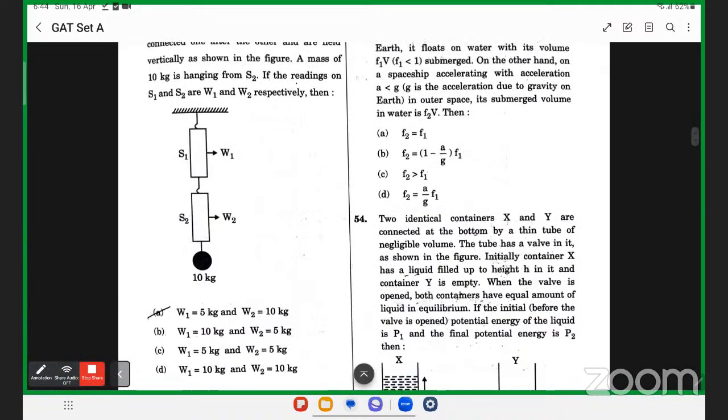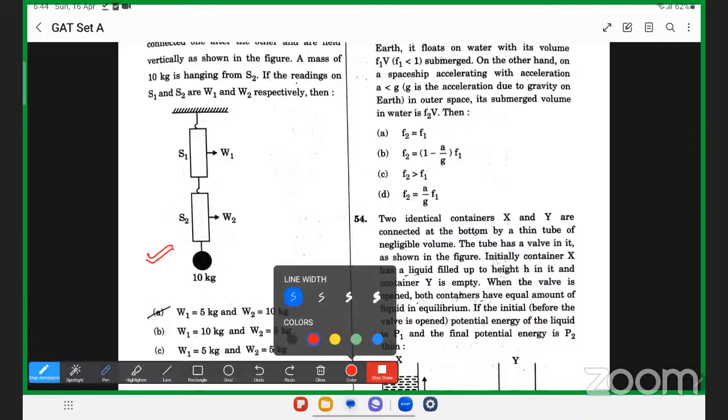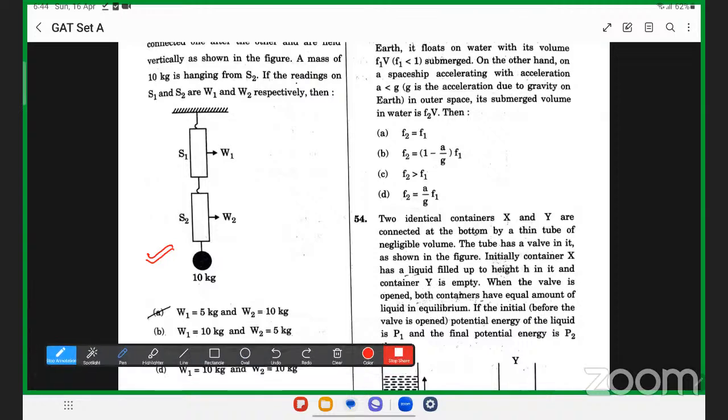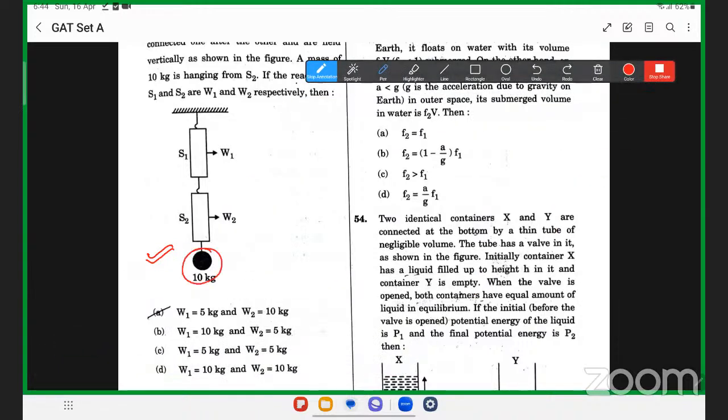और इसका एक्सप्लेनेशन है कि ये जो 10 kg मास है इसके लिए यहाँ डाउनवर्ड वेट आएगा 10 kg, और उसी के अकॉर्डिंग यहाँ इस स्प्रिंग बैलेंस में जो स्प्रिंग है उसमें एक्सपेंशन होगा और उस एक्सपेंशन की वजह से ऊपर की साइड कंट्रैक्शन का फोर्स लगेगा सेम 10 न्यूटन का। तो अगर ये 10 न्यूटन है तो इधर भी 10 न्यूटन होगा और डाउनवर्ड फिर 10 न्यूटन आएगा, ऊपर फिर 10 न्यूटन। तो दोनों ही स्प्रिंग बैलेंसेस के रीडिंग जो है वो 10 न्यूटन रहेंगे।